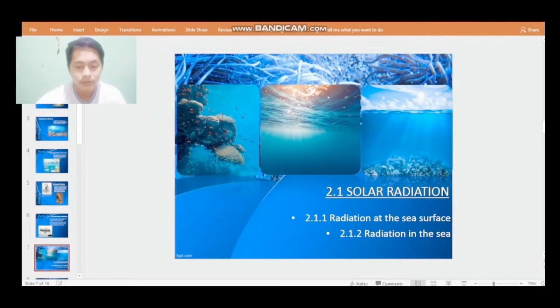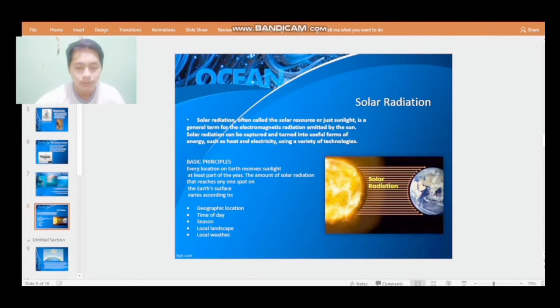Moving on to chapter 2, which is the lesson on solar radiation. So solar radiation, often called a solar resource or just sunlight, is a general term for the electromagnetic radiation emitted by the sun. Solar radiation can be captured and turned into useful forms of energy, such as heat and electricity, using a variety